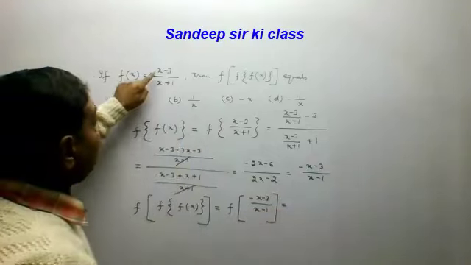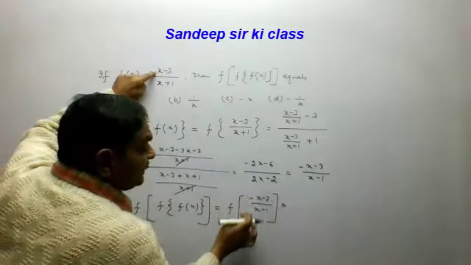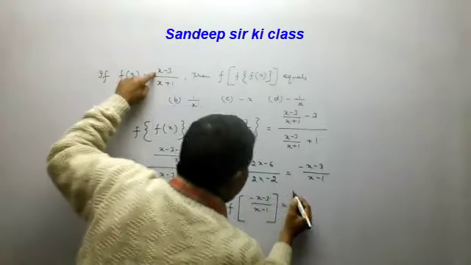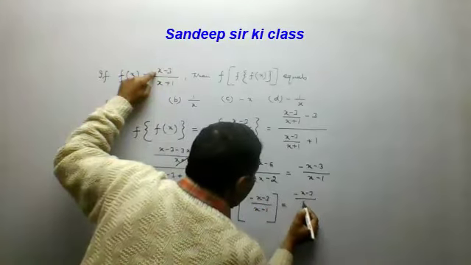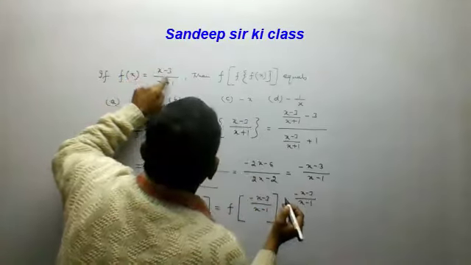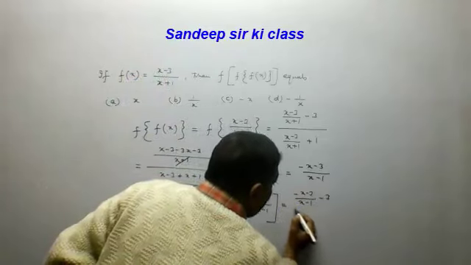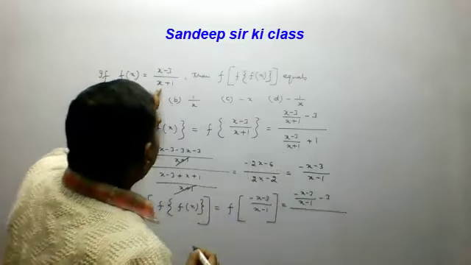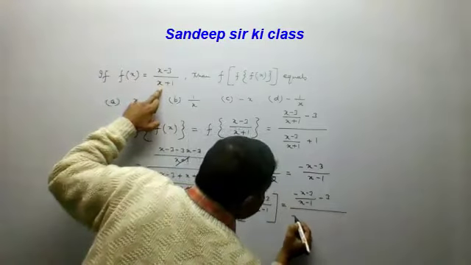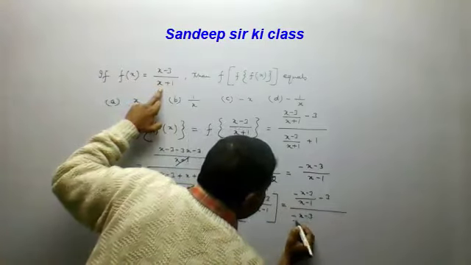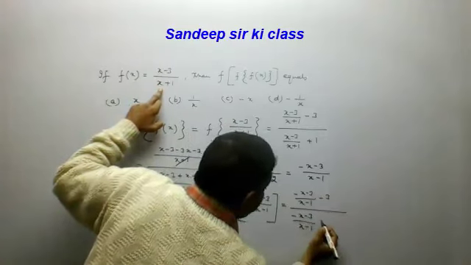Now in place of x here, I am to write this value. So it will be minus x minus 3 upon x minus 1 minus 3 upon, again for this x, we are to write this value, means minus x minus 3 upon x minus 1